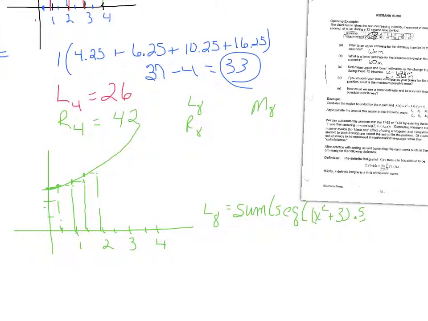Okay, and then you're going to have your x. For the left, we start where? You start at 0. What's the last one that we're going to end up at? Not 3. Not 4. 3.5. And then we're moving by a half each time.